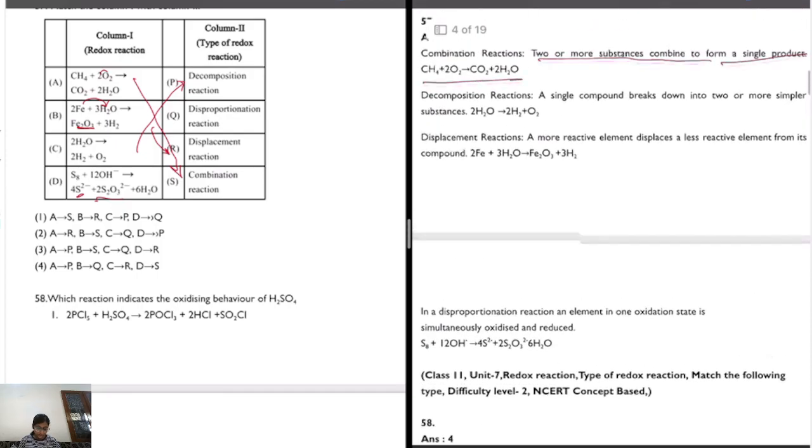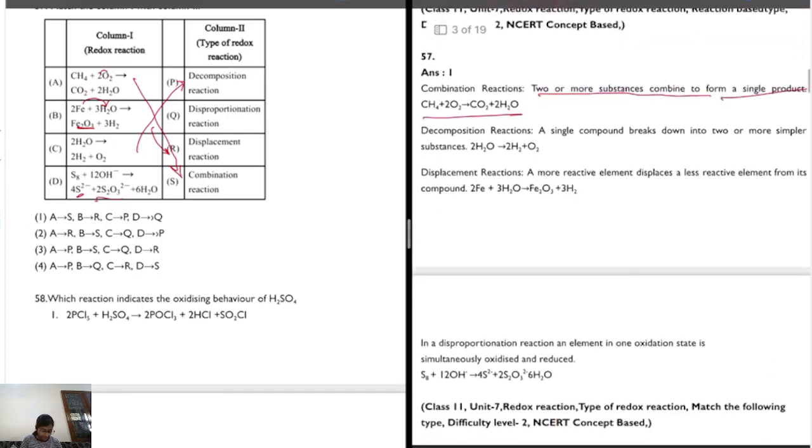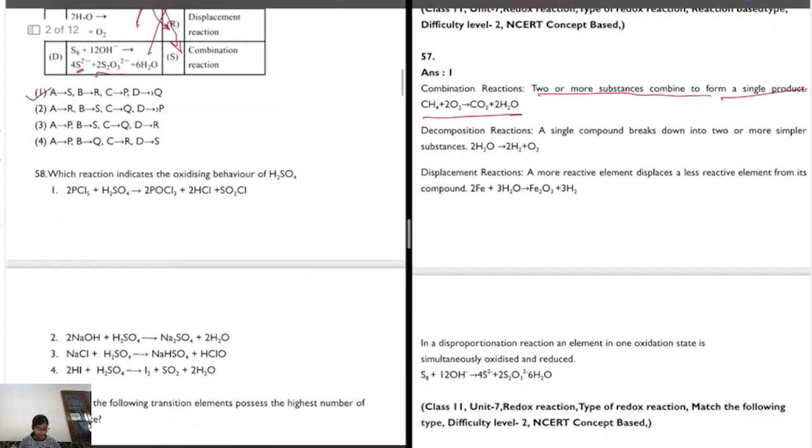So, which is the correct option? The correct option is first: A-S, B-R, C-P and D-Q. Yeah. Okay, so this is the correct answer. In the next question, we'll see